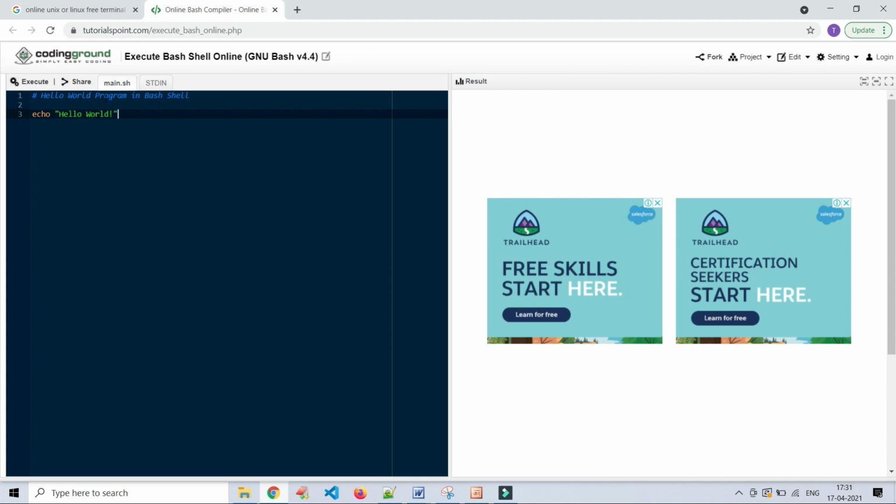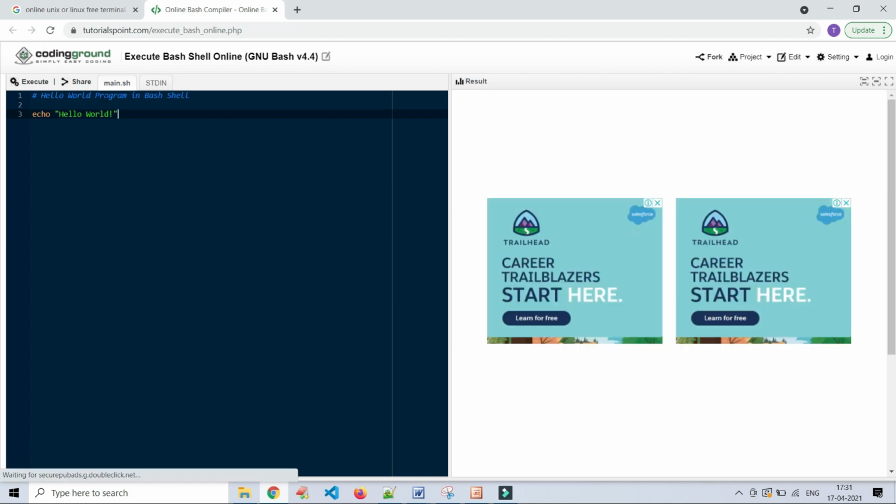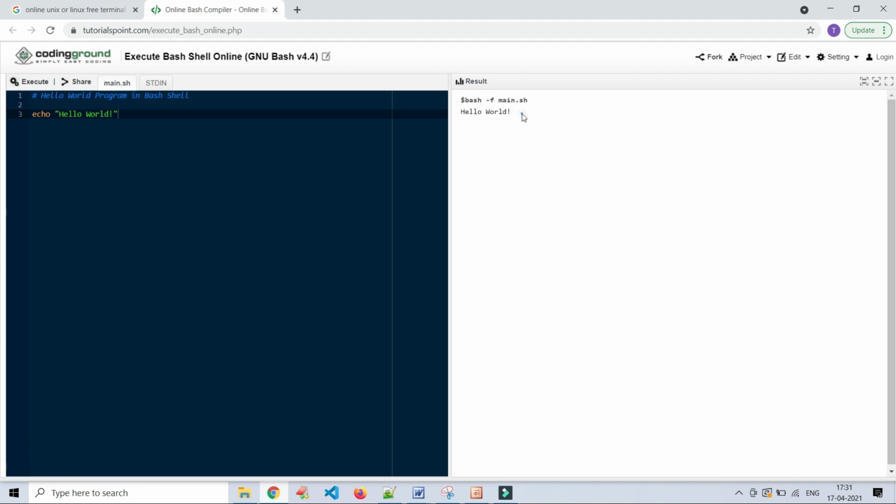We know that for every programming or scripting language, the first program will be the hello world program. Everyone knows, right? What we will do is execute. Here we have an option to execute this. Let's see. Whatever we have given in the double quotations is displayed here. Let me explain: echo hello world.